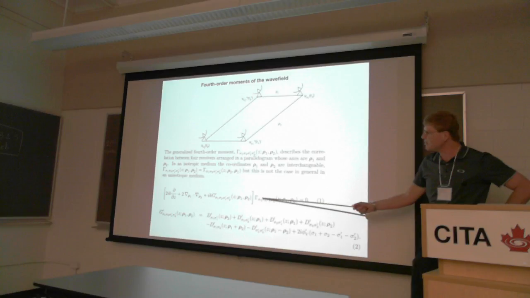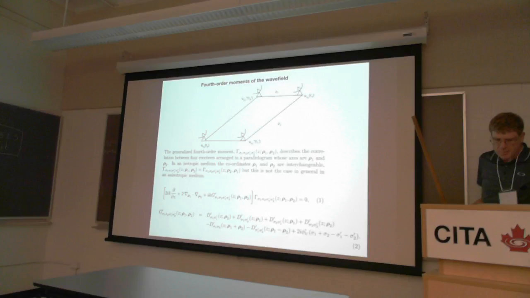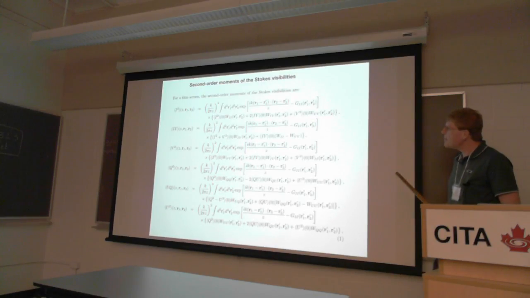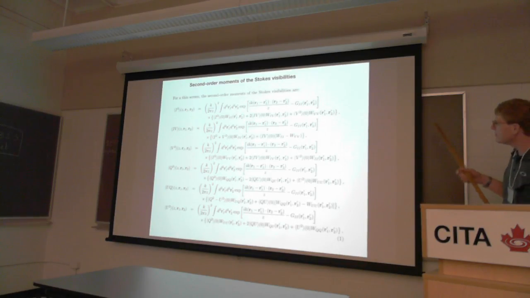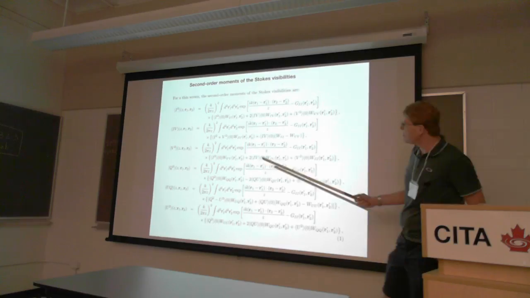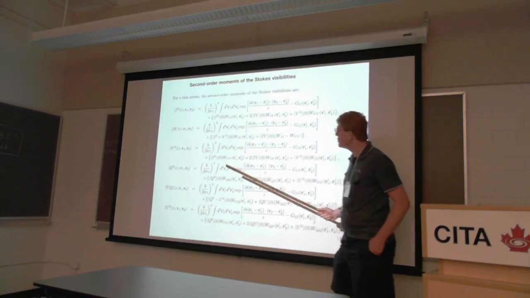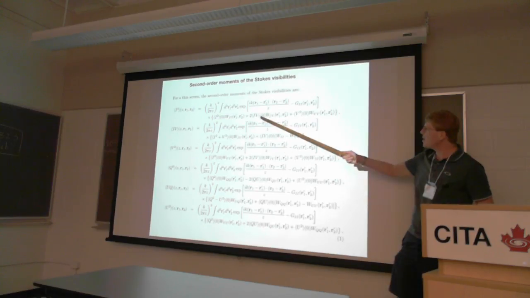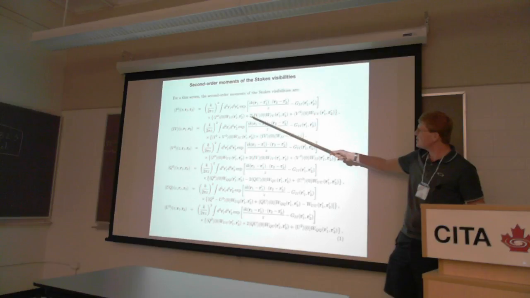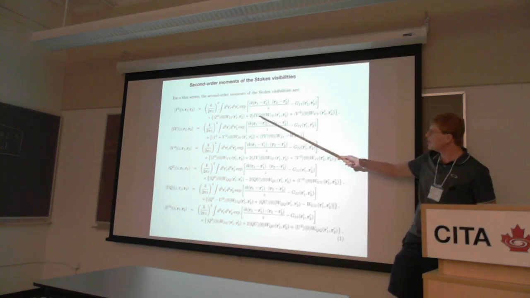And if we do that, we get this hideous thing. But the reason I'm showing this is because it has an elegant symmetry. So if I look at, for example, Stokes I, you can see I have terms that correspond to the input variance in Stokes I, but I also have a term that depends upon the correlation between I and V,